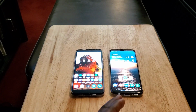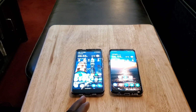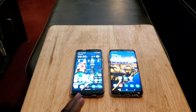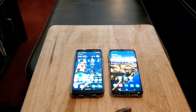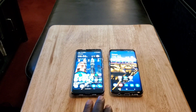Remember, once again, probably because this is a flagship phone with the Snapdragon 845, and this is a mid-tier Qualcomm Snapdragon. I think it's like the 720 to 740, but it ain't slow. It's just not as fast as the S9 Plus. All right, so both you're going to get a great software experience, but if you want something that's faster, that's